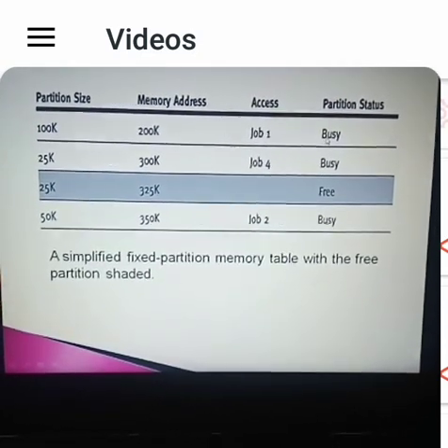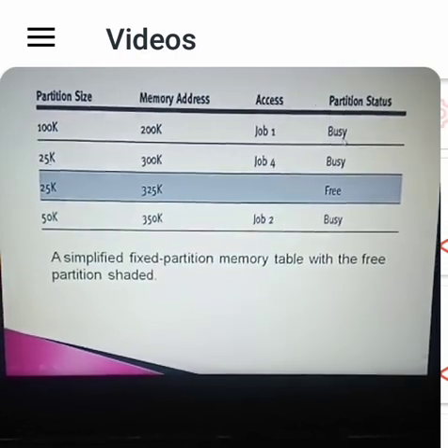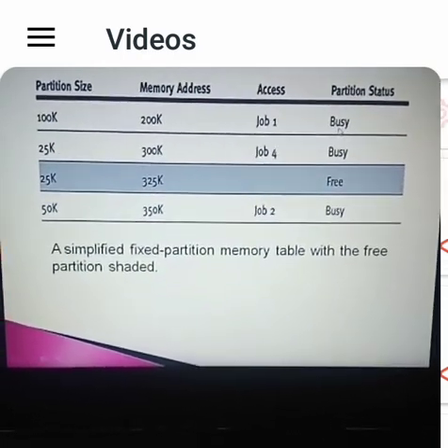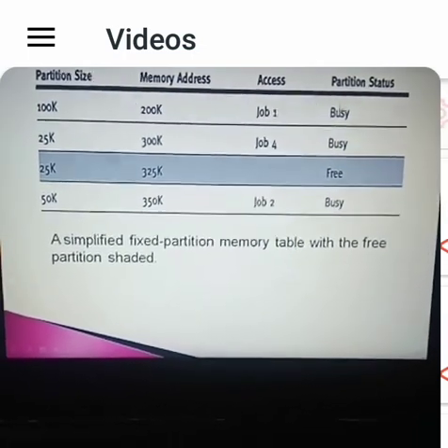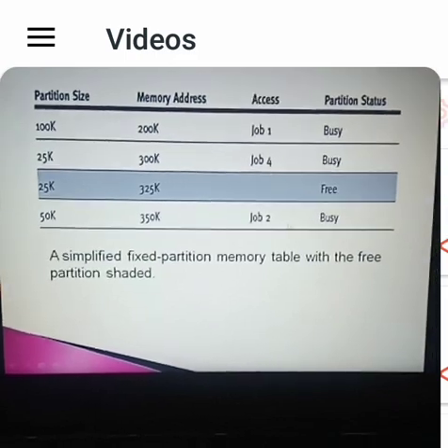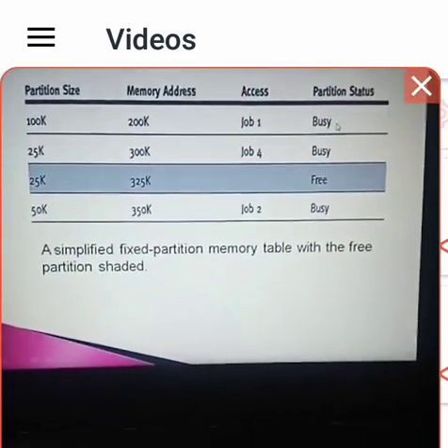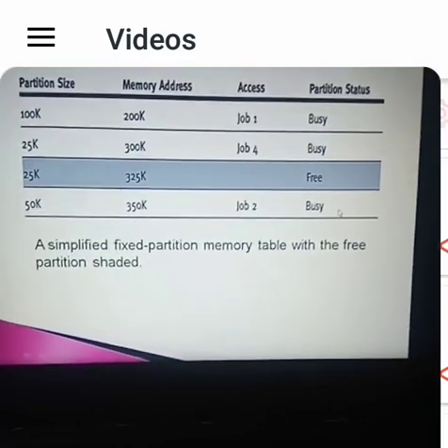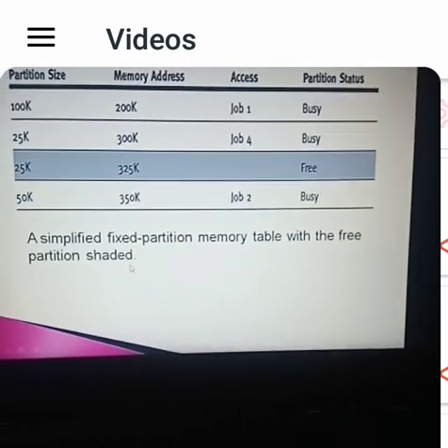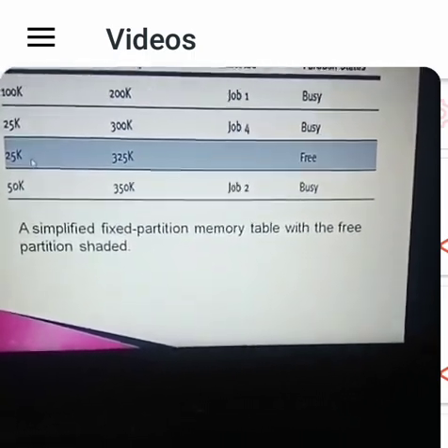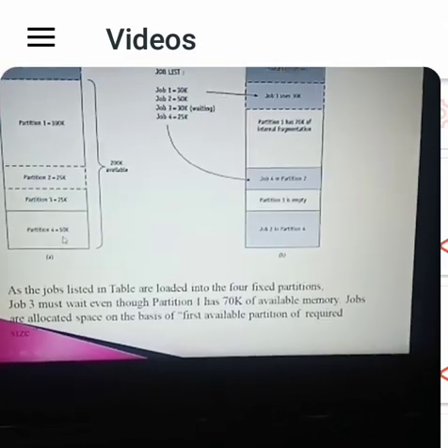Partition status: when job 1 is allocated, it should be listed as busy, otherwise it is listed as free. Here job 1, job 4, job 2 are allocated, so the status should be busy. A simplified fixed memory table with the free partitions shaded. The free memory space is shaded.